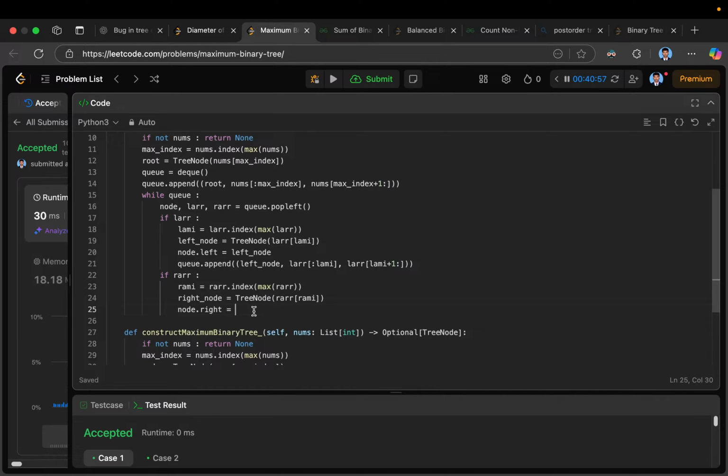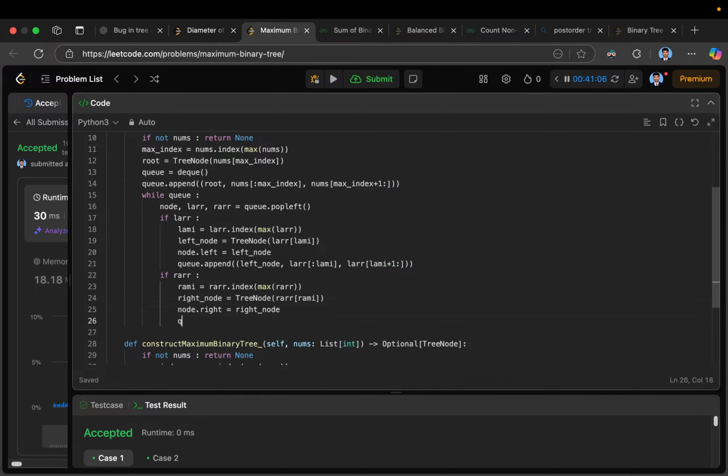Okay, so dot right equals to right underscore node and q dot append